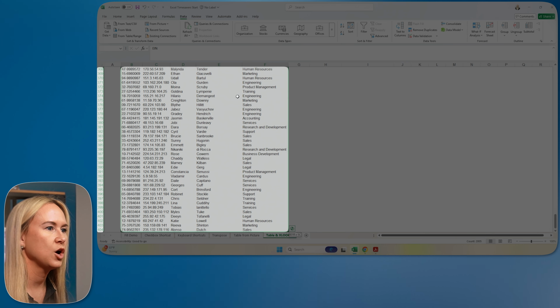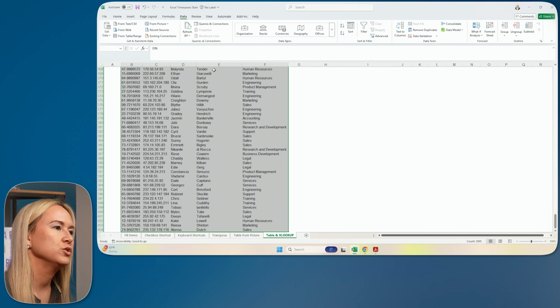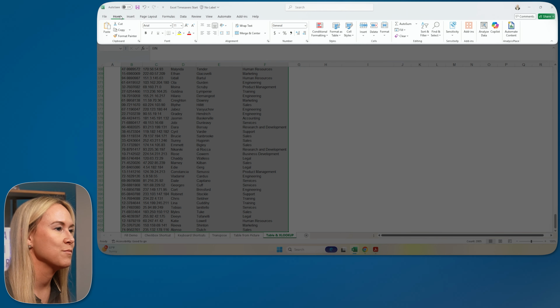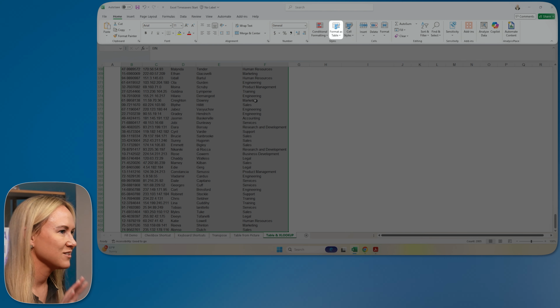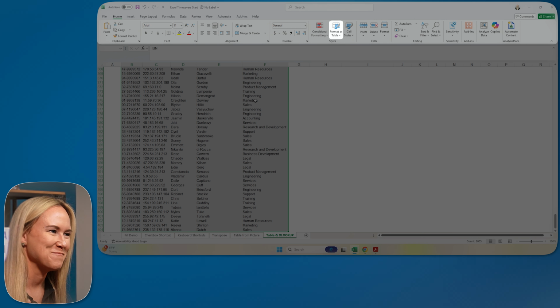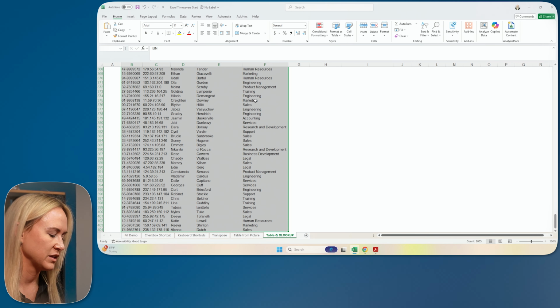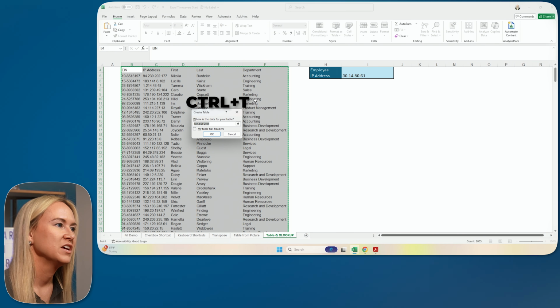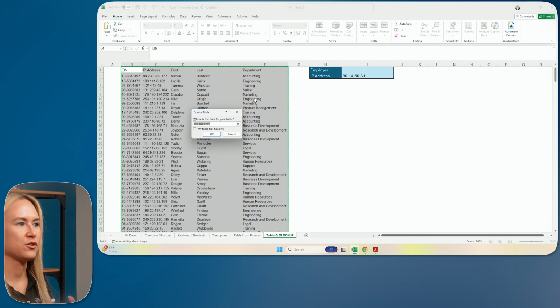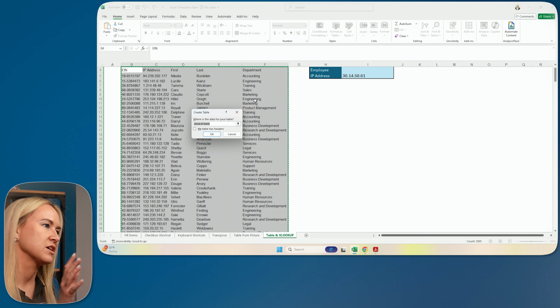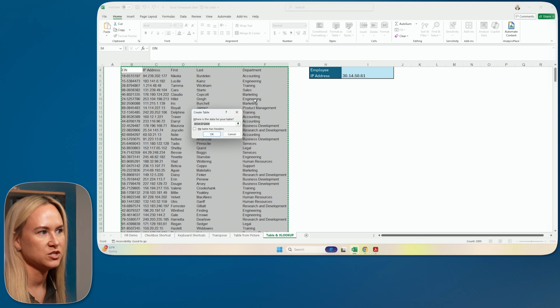Now we could go up to the ribbon. I could go to the Home tab in the ribbon and select Format as Table. But again, try not to waste your time using that mouse and navigating around. It's as easy to format this table as using that Ctrl+T key. So Ctrl and T together on your keyboard as a keyboard shortcut is going to turn a range into an